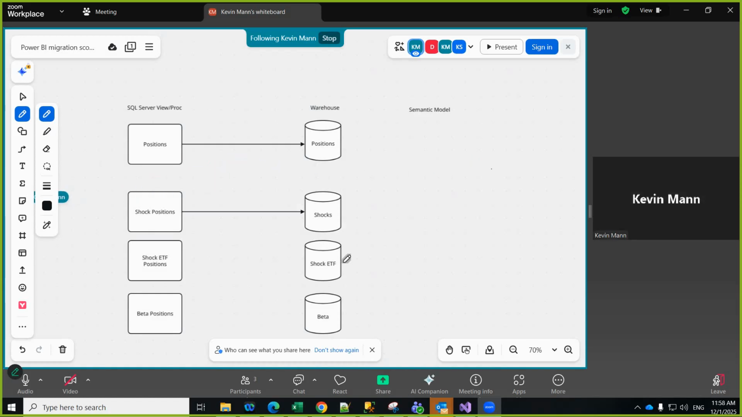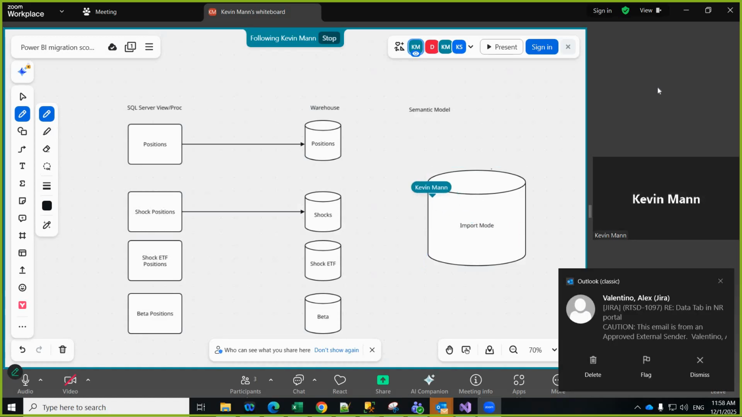Then over here in the semantic model, what you're doing here is